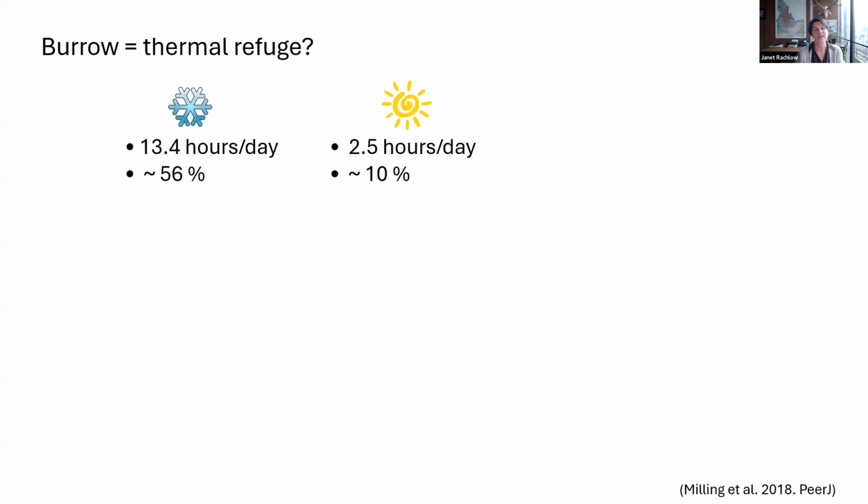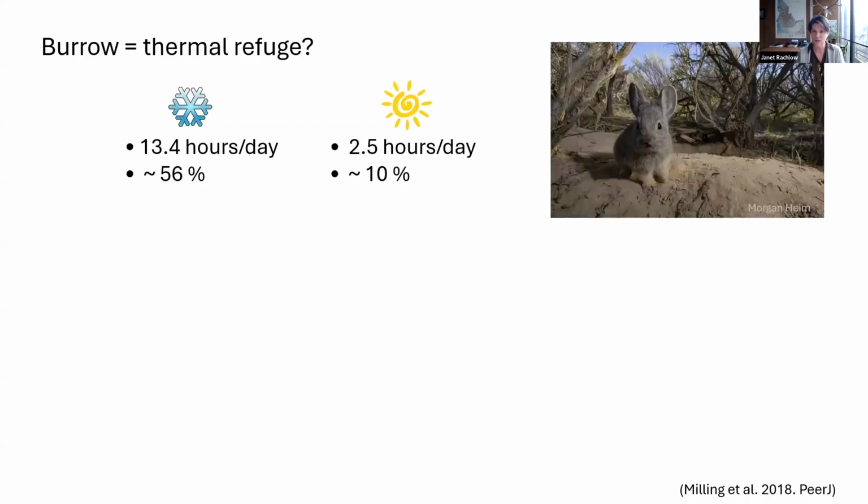The reason for that is that the temperature in the burrow is cold, and it's below their thermal neutral zone, which means when they go in the burrow system, they have to crank up their metabolism in order to stay warm. And the most thermally beneficial or neutral places for them turned out to be on the surface, out of the sun, under the shade of sagebrush.